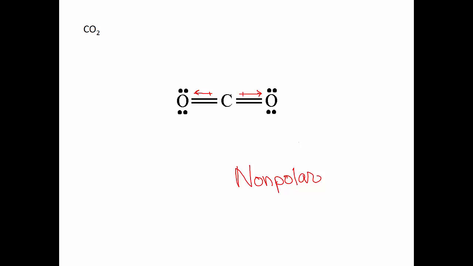If we think of these two oxygens pulling on that carbon, is there a clear winner here? No, they're both pulling with the same strength because both of these bonds are polar to the same degree. So having no winner for a tug of war or having no net vector are both indications that we have a nonpolar molecule. Let's look at our next molecule,